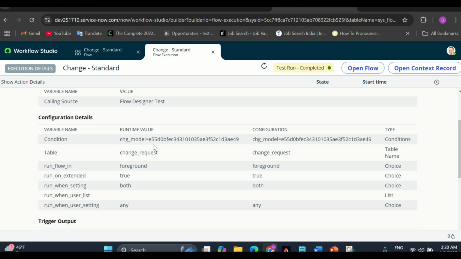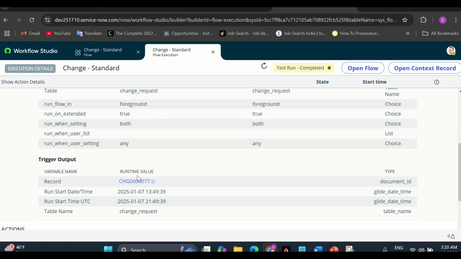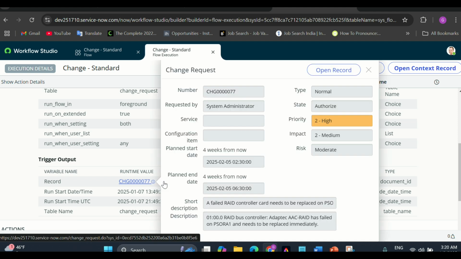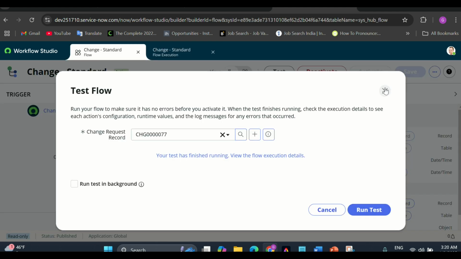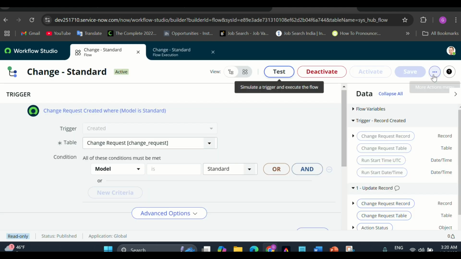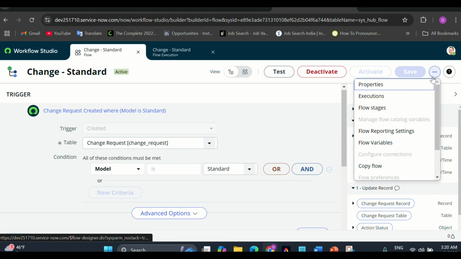Like here, you can see the condition is this one, the model change, and the record is this one, so you can open that record based on the model. Now the second is the flow menu, and the flow menu is what we get when we click on that icon,